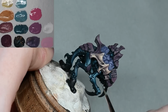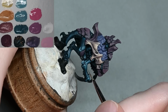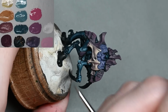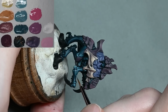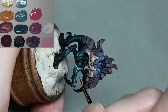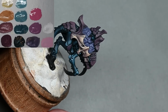For a start off, I was spacing these dots out quite far, so this wasn't really a way to blend it. This is more to get a pattern on the skin, and I thought that was kind of interesting, but then I thought I want to blend the textures a little bit more together, so I did more dots on top of it, and then I changed my mind again, and so I go backwards and forwards, deciding on what I think will look better. At any stage, if you like the look of whatever technique I'm using and you like the result that it's getting, then keep that,